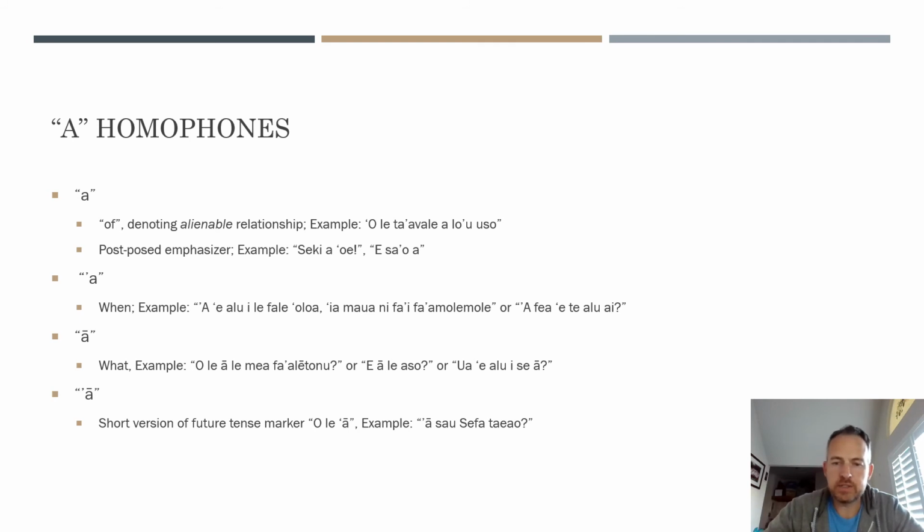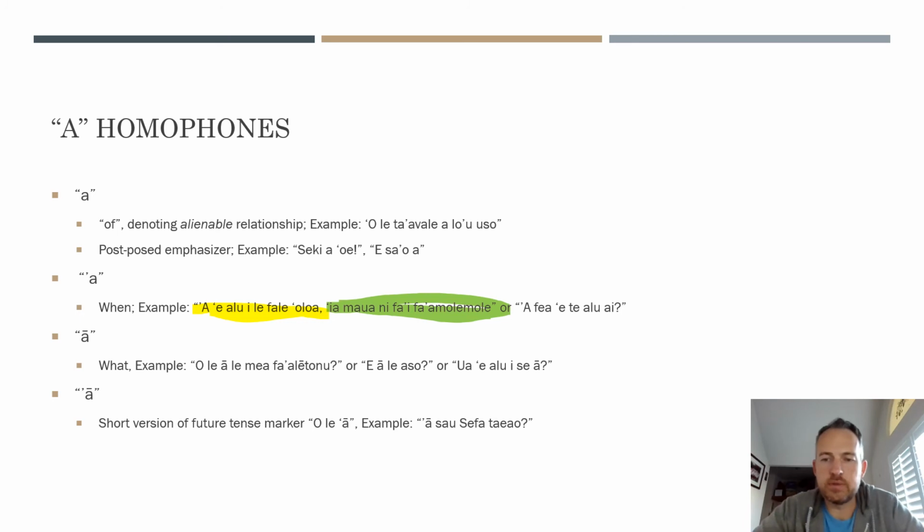so this sentence, basically this first clause, and I'll go ahead and highlight it. This basically says when you go to the store, and it basically translates just like that. A is when, e is our pronoun for you, alu is our verb to go for singular, ile is to the, falioloa is the store or house of goods. So that's how you can use when, and that's called the dependent clause in this case if you guys are into grammar.